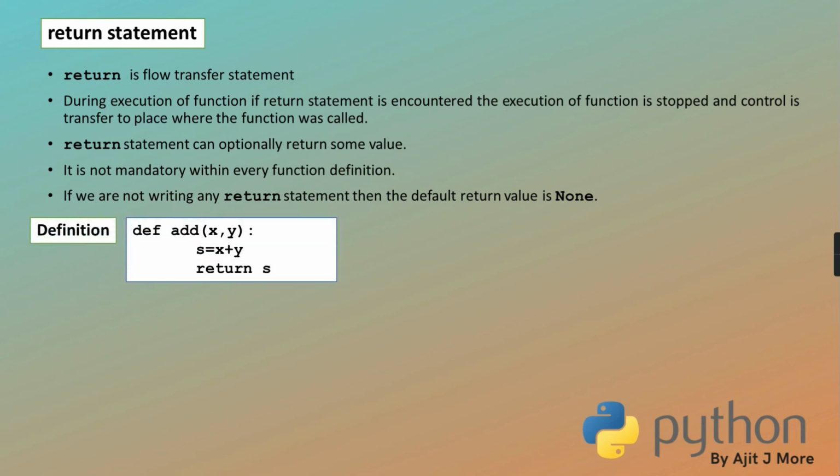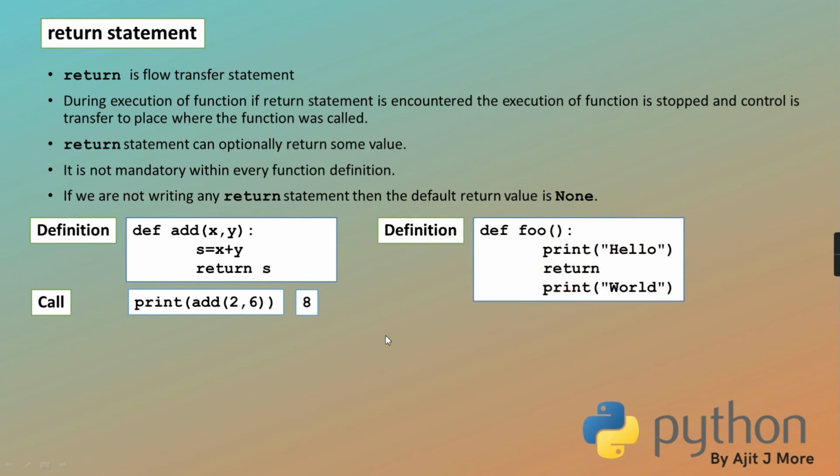Okay. So in the example here I have written def add x comma y, s equal to x plus y, return s. And now I am writing print add 2 6. So 2 will be copied in x, 6 will be copied in y, then the addition will take place, the result is in s, it returns it, and that return value will come here, which print displays on the monitor. Getting? And as I said, after return, if there is any code, it will never run, will never execute.